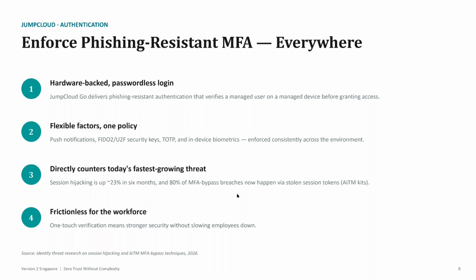And because we have unified access and very easy-to-use agents or tools through your app or your mobile phone or email, that will be a frictionless one-touch verification to your application. So users will not resist the change and ask you, can I disable the MFA?